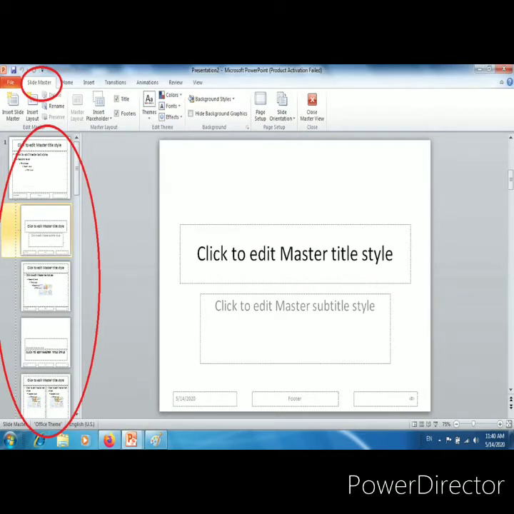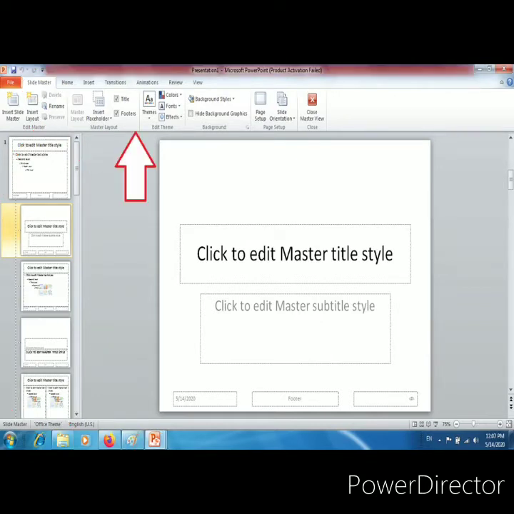Okay, and in Slide Master view, each slide below the Slide Master is a master slide for a supporting layout. For example, if you want to make changes to all the slides that use the Title and Content layout, select the Title and Content layout master slide in the pane. To check this information, just hold the mouse pointer over any slide layout in the Slide Master task pane and read the screen tip. It will help you.